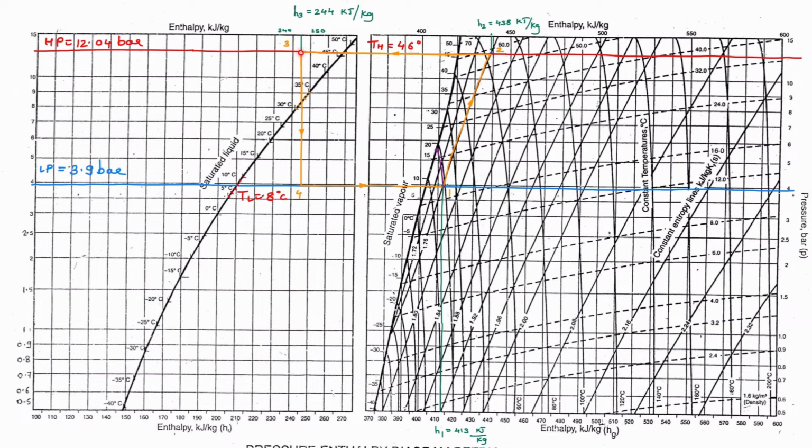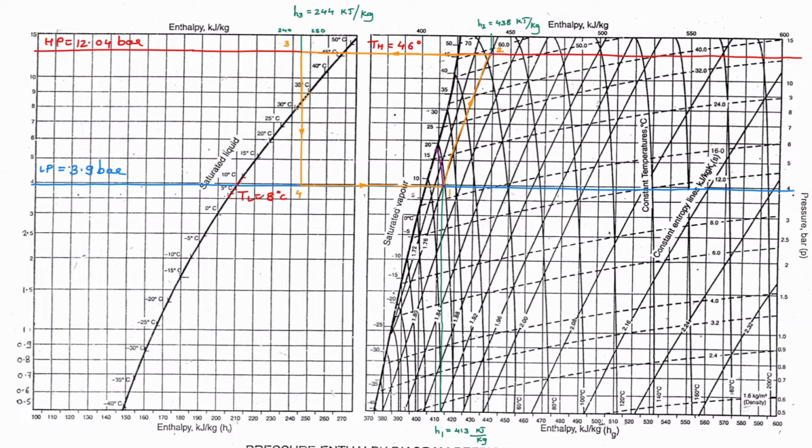Next, the enthalpy of point 3. Either you can extend this point in this direction, or you can draw a vertical from point number 4 over here. If you take this point over here, what is the reading? This is 240 and this is 250. You will get that value on the x-axis. So this value is 240 and this value is 250. It is not exactly in the center, it is left of the center. So we have taken this value as 244 kilojoule per kg. Now write down all these values.